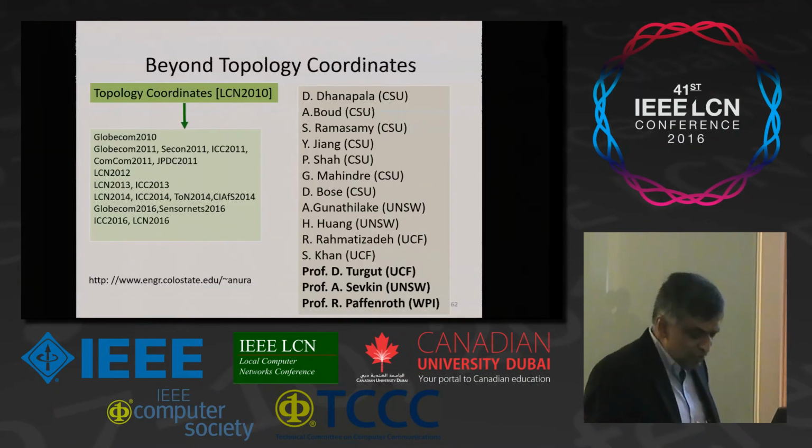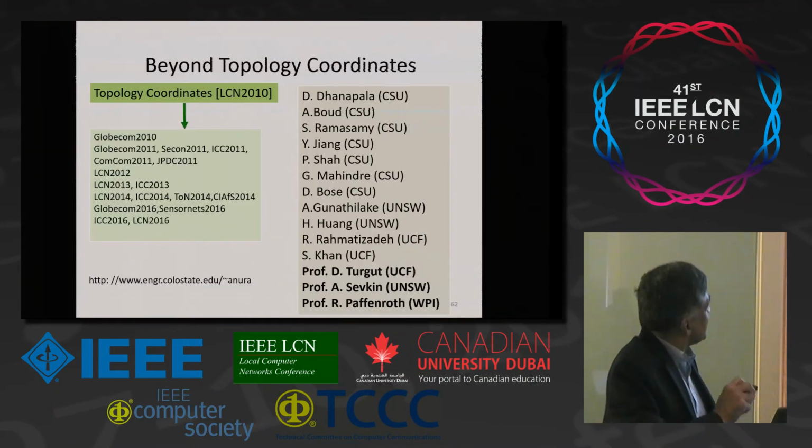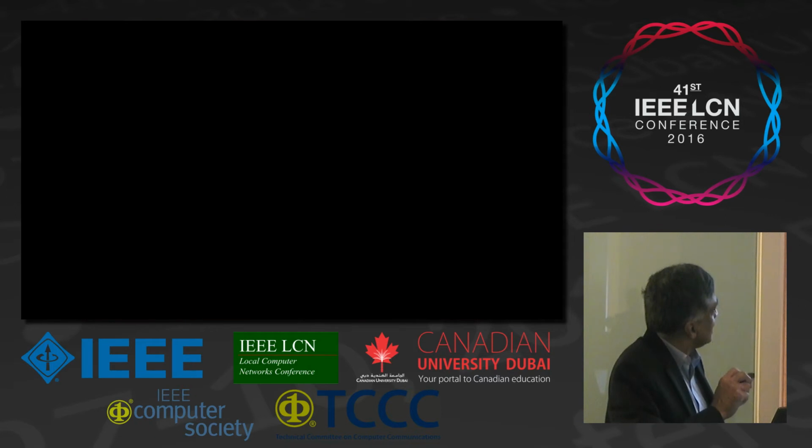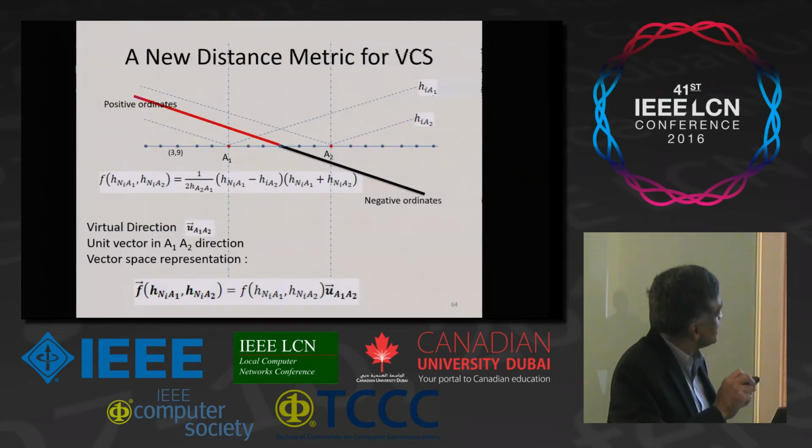I'll give you a simple example here. In this case, there's a straight line. This is an anchor, so this is 0 with respect to itself; this side is distance 1, distance 2. This is how the first virtual coordinate changes. The second anchor is here, so it is at distance 2 on this side, 0 from itself, and 1 on this side. This is how the second component changes. If I take the sum of these two and the difference of these two and multiply them with each other, or take the square of one and subtract the square of the other, I get this line.